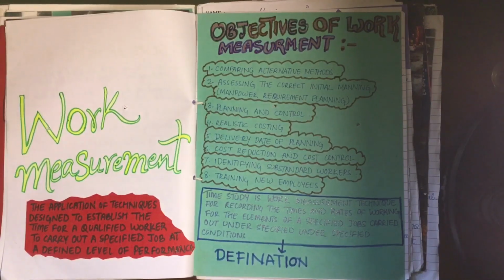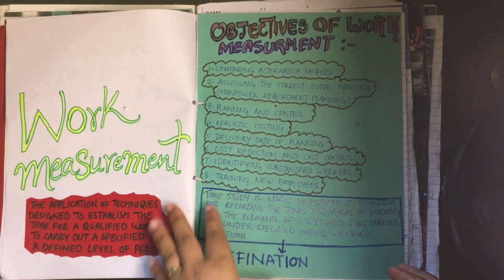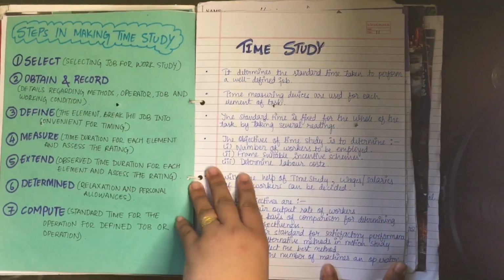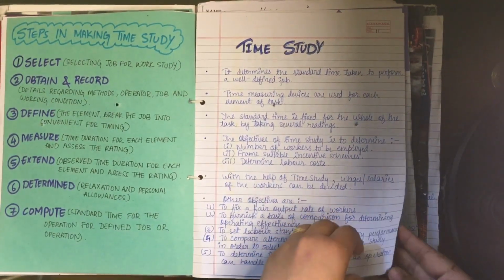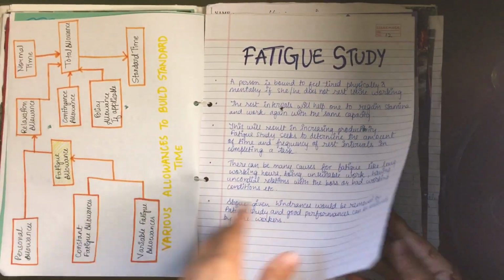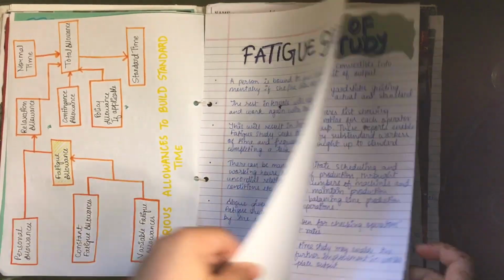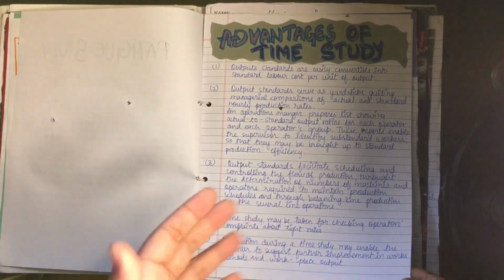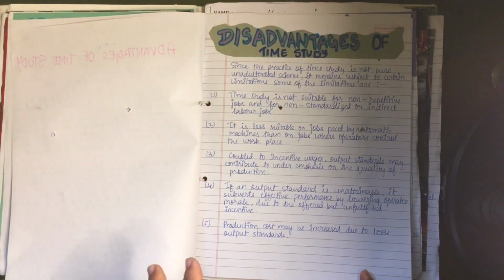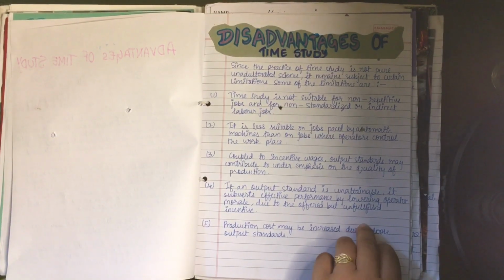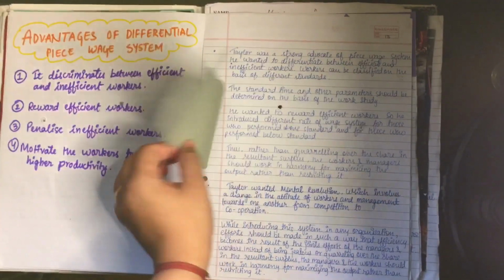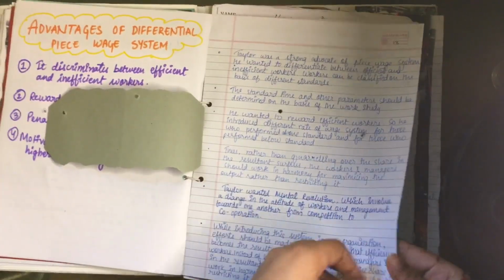And after that, work measurement, objective of work measurement, everything is over here. You can see each and every type of topic which is covered by F.W. Taylor is written over here using charts. Your project will be unique when you put your own effort in your own way. Do not try to copy anyone's project, or else your project won't look different. So yeah, these kinds of small pages also I used, colorful sheets.